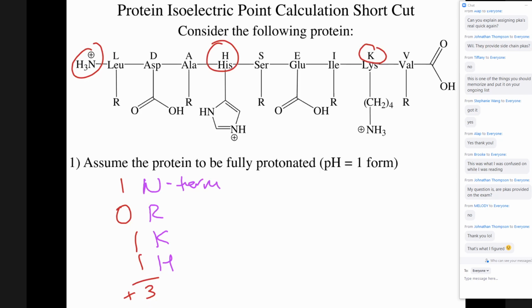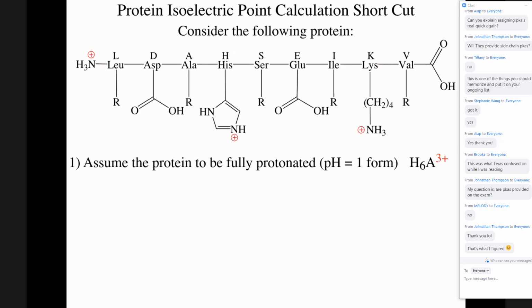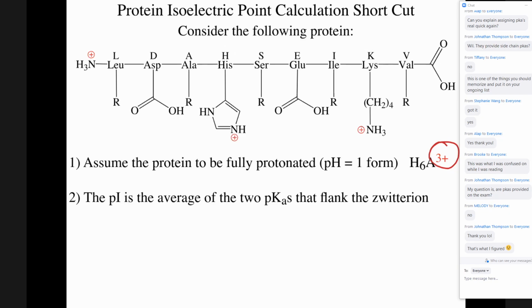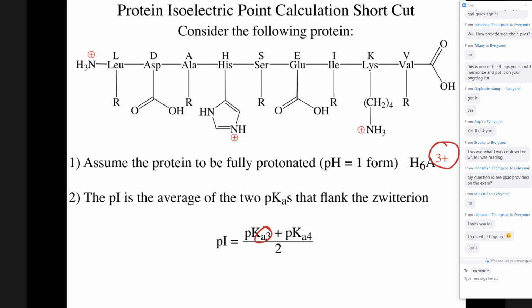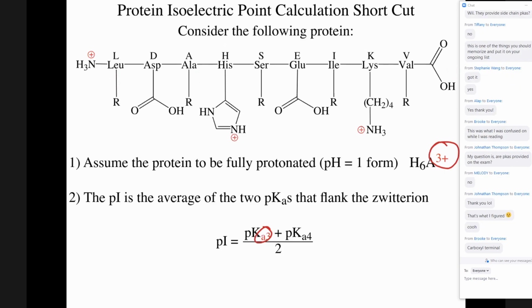So assume it's fully protonated. That's what we did. Count up your N's, your R, K's, and H's, and you end up with this number right here. So now I average that. So it's +3 means PK 3 and 4. Easy enough. Now to assign it. What is always PK1? What is always the first proton on any protein? That's the only one I know and can lock in. Carboxyl is always lowest. Perfect. So PK1,